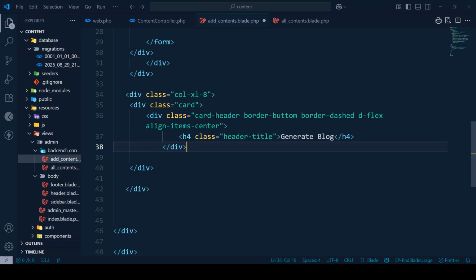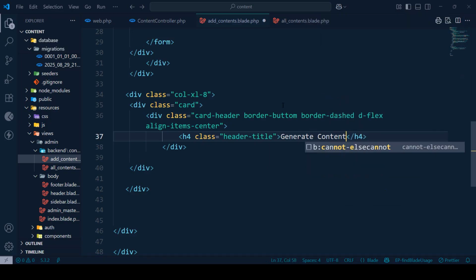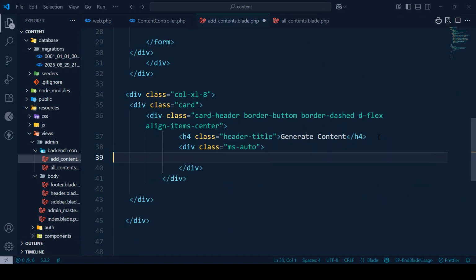So now that will be our card header, and here I want to name it as generate content. Okay, that will be the content, generate content. Here I want to make it visible, and also after that I want to take another div, and in this div area I want to use the class as ms-auto, and then I want to put some